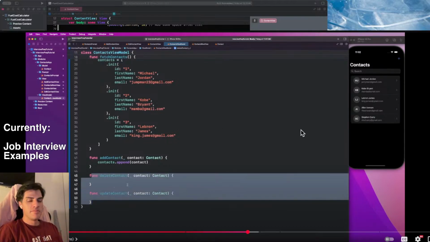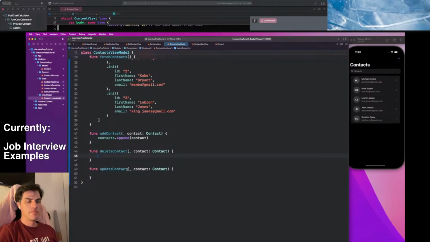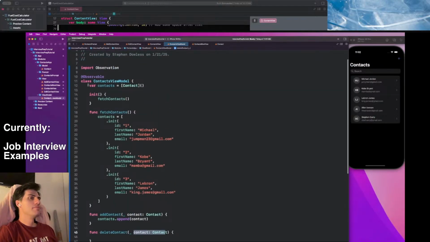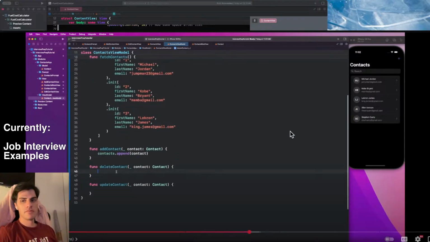Same thing with updating the contact. And once you do try that out, come back to the video and see if our solutions match. Okay, so guys, in order to delete this particular contact, we need to search through our array here, find it, and then remove it at that particular index. So ultimately, what we want to call